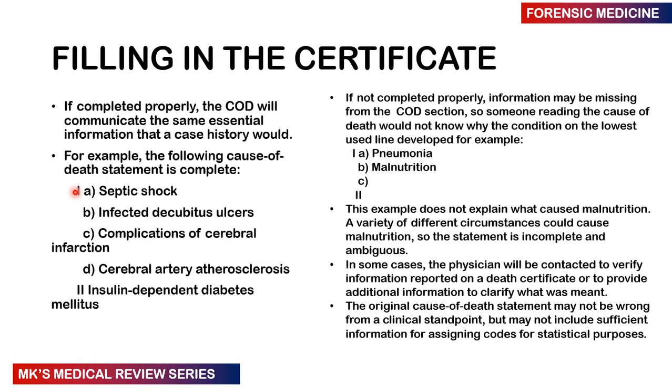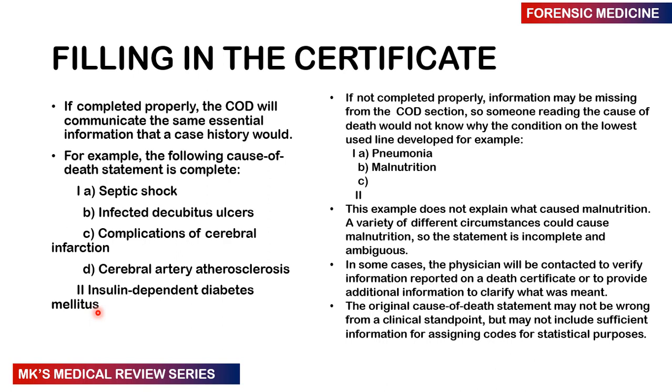Additionally, or coincidentally, they also had type 2 diabetes that they were also being managed for. So if you're completing this cause of death, this is an example of how this would be well filled in. Remember, there are two parts, part 1 and part 2. Part 1 are the conditions that directly lead to this person's dying. Part 2 are the other significant medical conditions that may have contributed but not necessarily directly caused